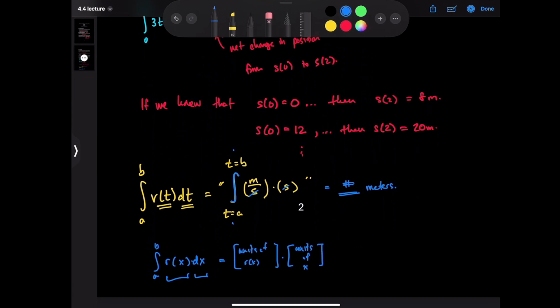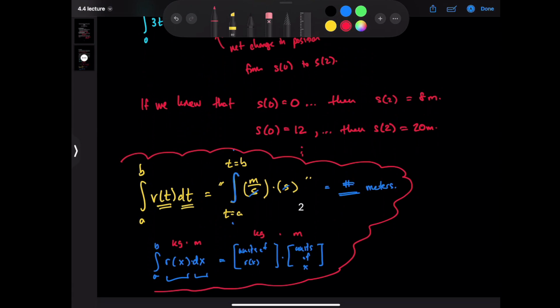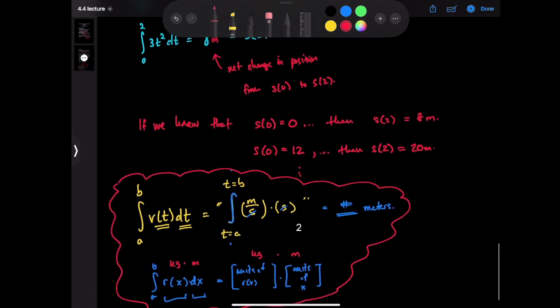This will always be the case. And so if they simplify, great. They might not always simplify, right? Like if this is kilograms and this is meters, well, then you're going to just be left with kilogram meters, right? So that's an important idea, that since you're adding up products, you will need to have those units resolve